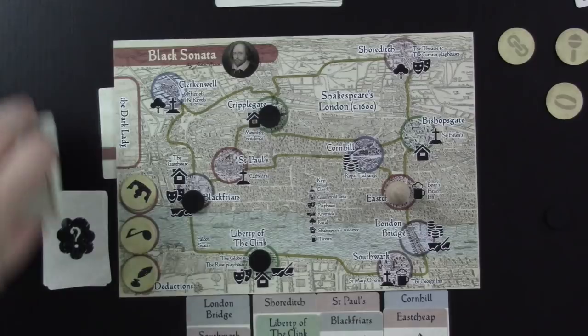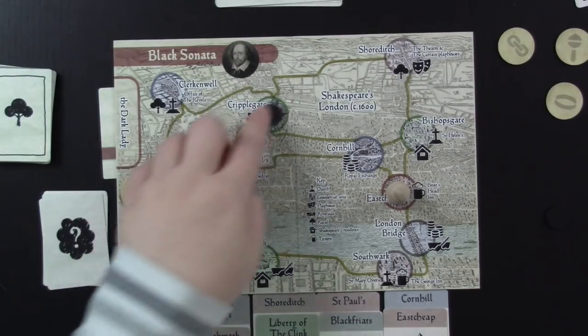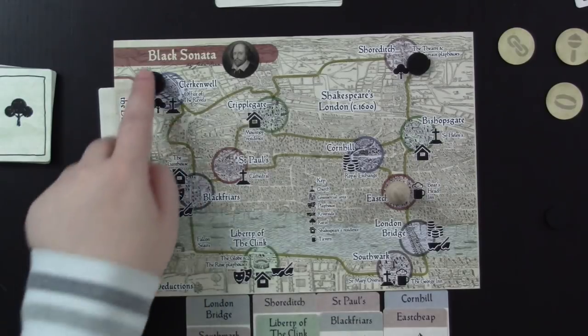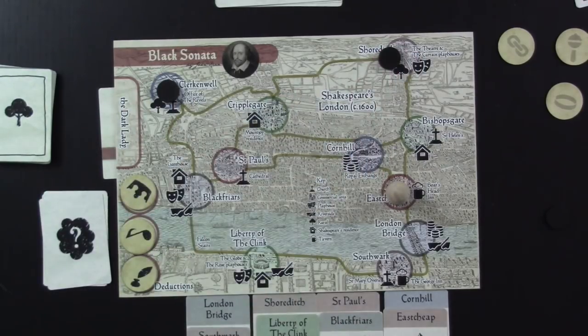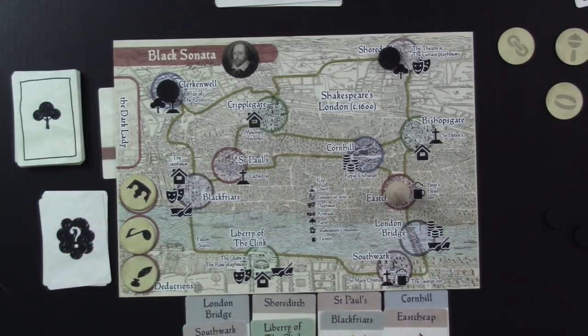All right, so now she's in a tree location. So that means that this is out. She's either here or here. She's either in Shoreditch or Clerkenwell. So now I have what I feel is enough information to start moving in her direction because I know she's not on this half of the map. So now that I know that she's in one of these tree spots,